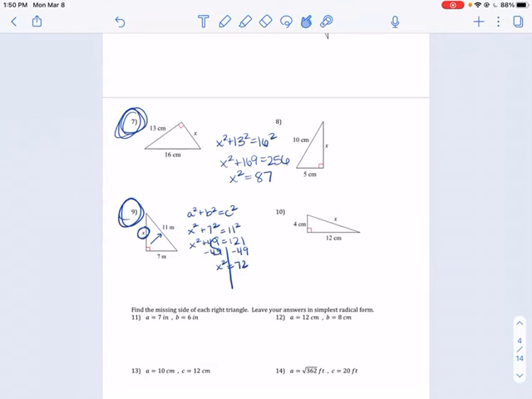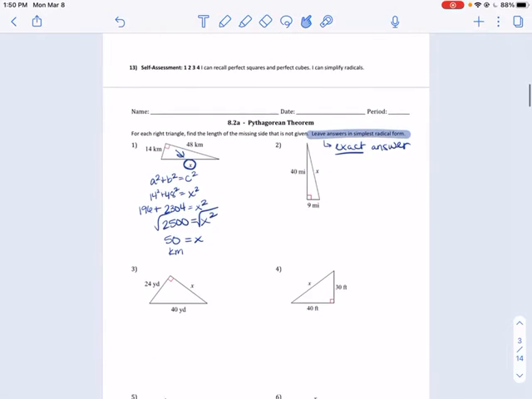Okay, so in my notes video that I made last year, I didn't cover when a worksheet will say leave answers in simplest radical form, or when something asks for the exact answer. This is actually something that has tripped up a lot of my students when they're taking state tests. The state test will ask for something in the exact answer, and students think that means put it in